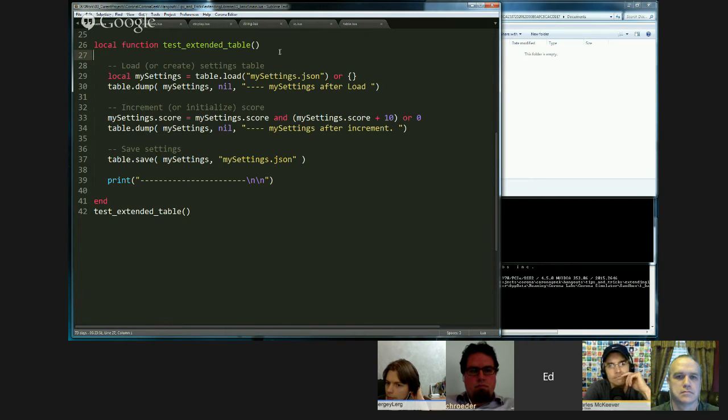How many coins do they have? What's the user's name? What's the email they put in? If I use emails in my game or app, I've got one or more tables that keep data. Ideally, I could save this table to what I'll call the disk, persistent storage,